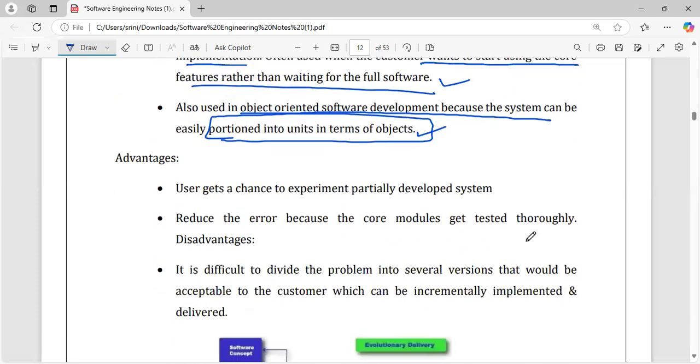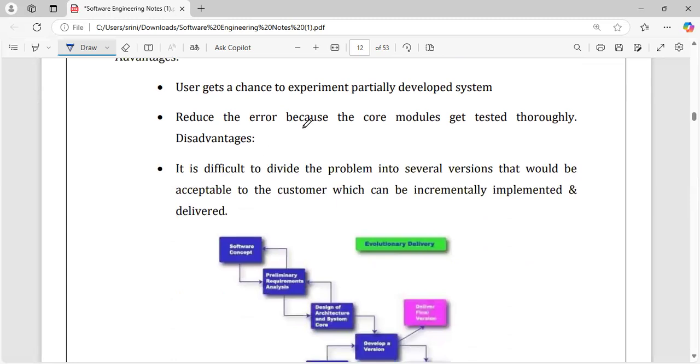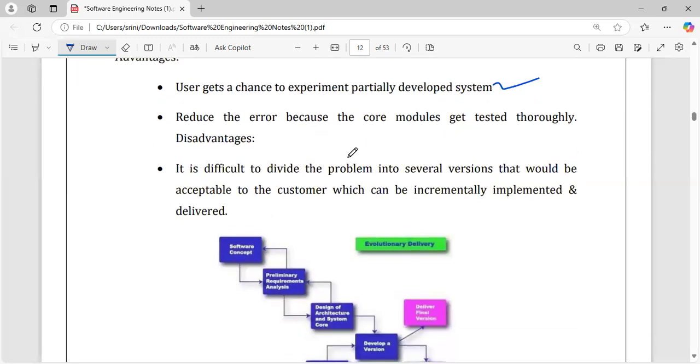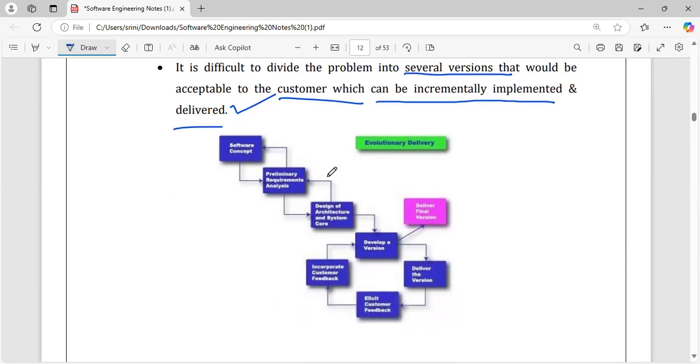Advantages include the user gets a chance to experiment with a partially developed system. It reduces errors because core modules get tested thoroughly. Disadvantages include it is difficult to divide the problem into several versions that would be acceptable to the customer, which can be incrementally implemented and delivered. We have to deploy many